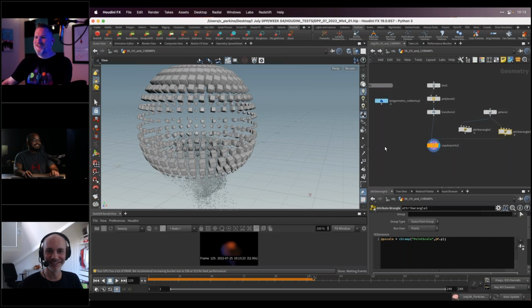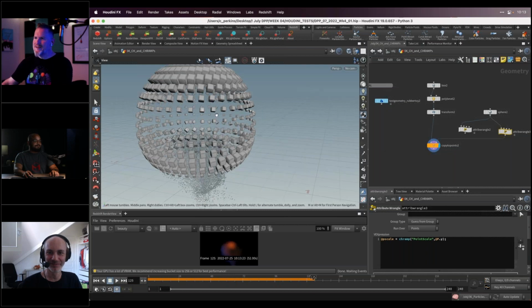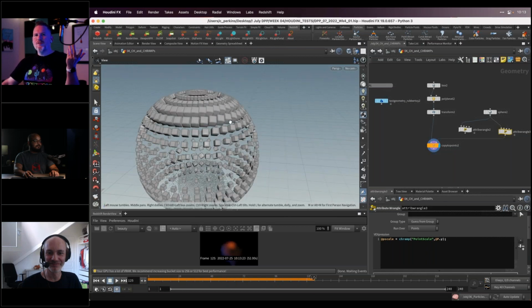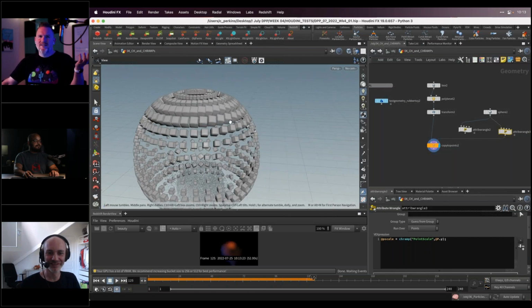This stuff is at the edge of my learning capability. I'm looking at this copy to points thing, and the orientation of these things, the spin, and I don't know how to fix that offhand. I would have to sit and figure it out. Even the most simple tasks are beyond me.